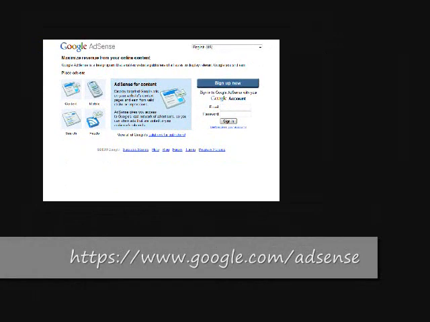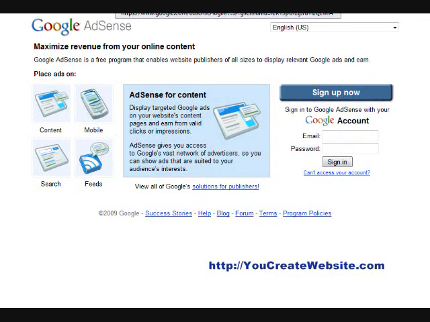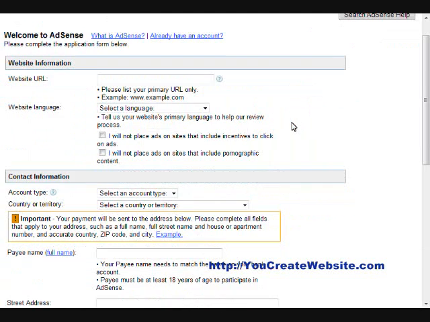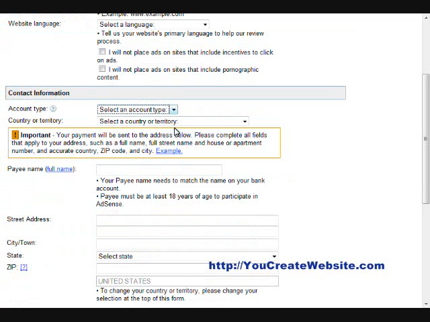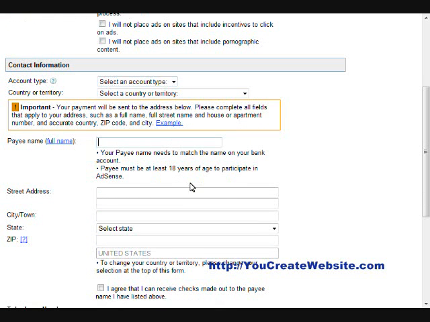So to use Google AdSense, you're going to have to sign up for it. So go to https://www.google.com/AdSense. You're going to be taken to this web page. Once here, go to sign up now. Then you'll be taken to this web page. You're going to have to enter your website's URL, your language, agree to a few things, what kind of account this is, whether you're an individual or a business, your country or territory, your name and address, and make sure